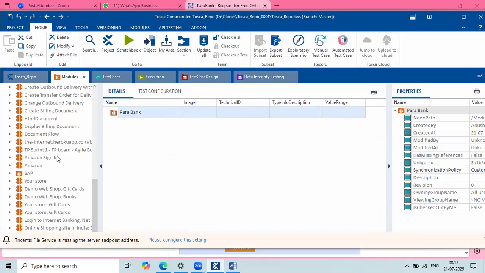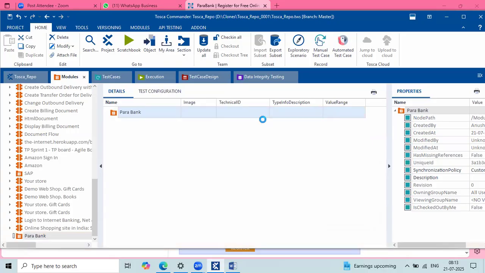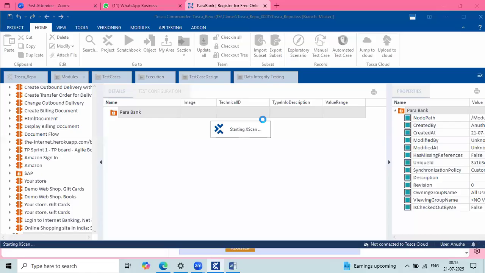Okay, now this is the folder I created. So I don't have any existing module, right? Now I'm creating a module. To create a module, always do the scan. Right click here, scan application. Once you choose the application option,